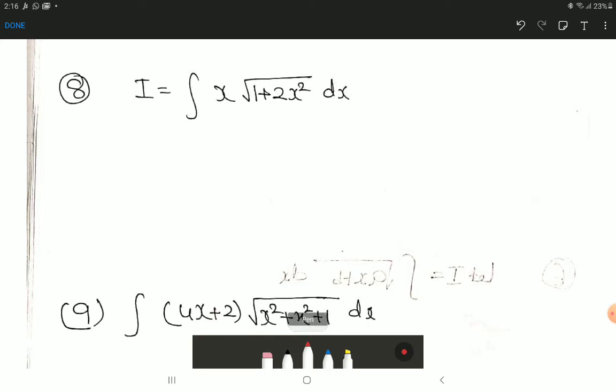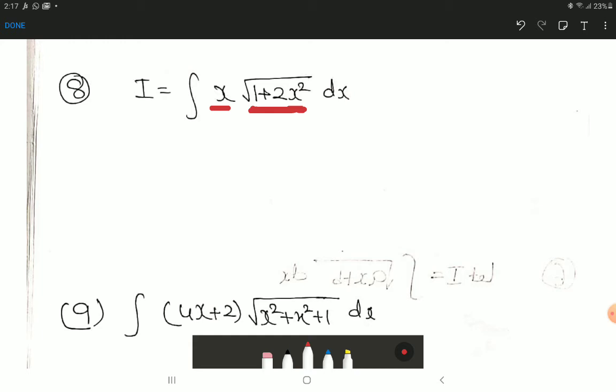By now we have done sufficient practice. So think about it. What is the function and what is the derivative? Basically, derivative of x square is 2x. So 2 can be created here also by multiplying and dividing by 2. But if you take 1 plus 2x square, the whole thing, as t, it will make the task much simpler. Instead of taking x square as t, better take 1 plus 2x square, the whole quantity under square root, as t. In most of the questions we will be doing it in this manner only. We will try to take the biggest quantity as t.